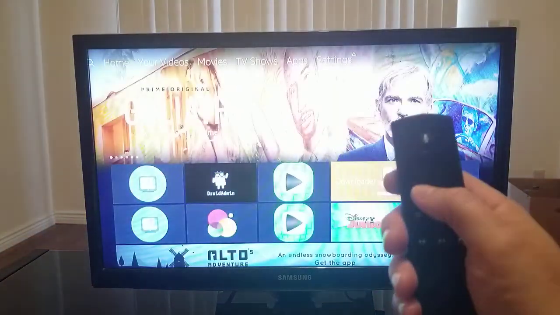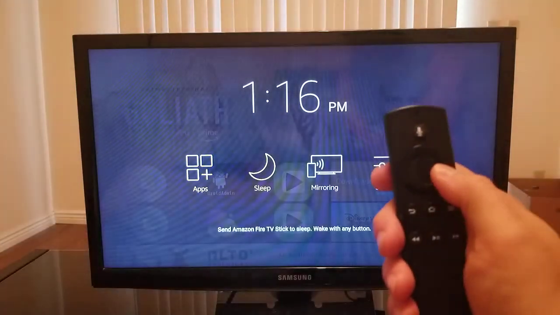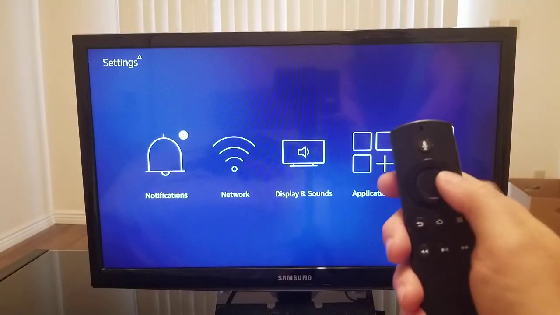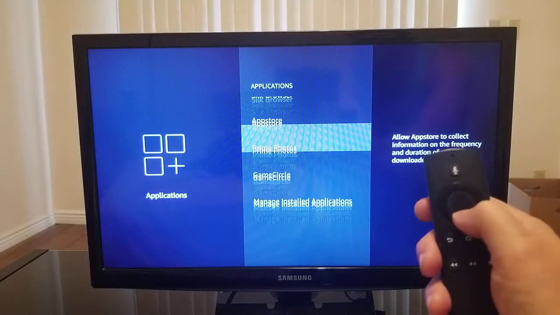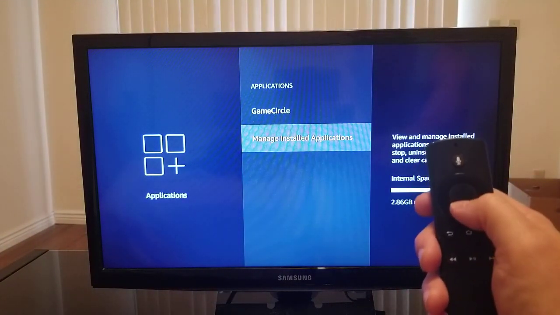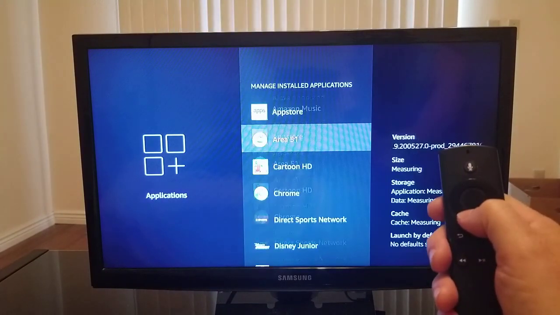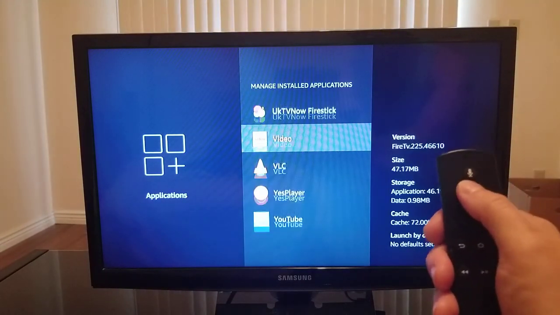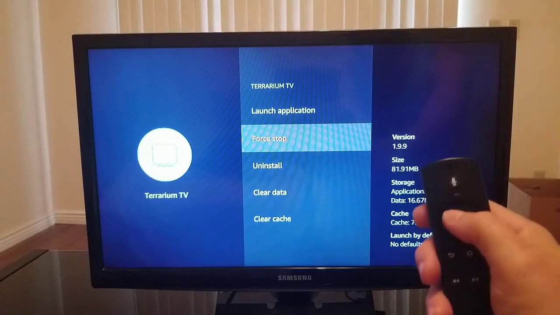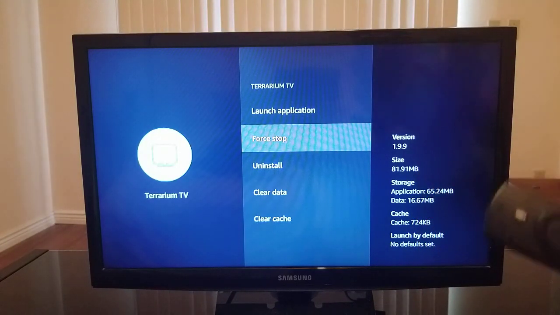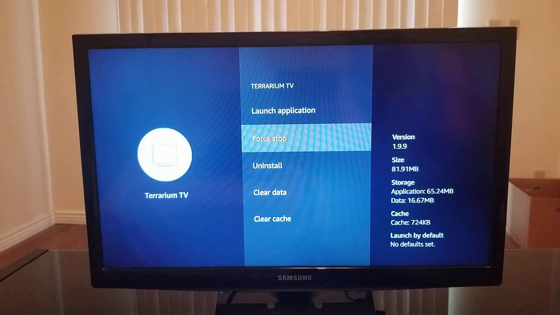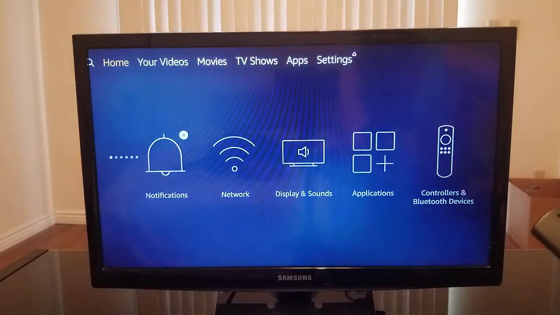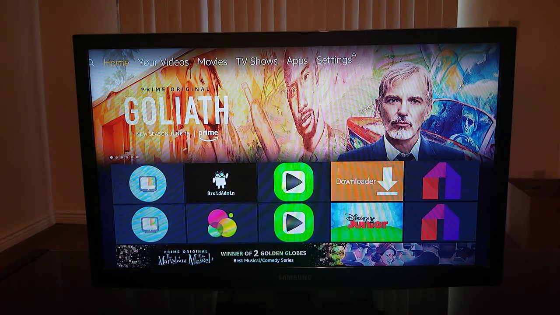Excuse me. No, you don't. You go to settings. Then you go down to applications, and then you go down to manage installed applications. You go down to TerrariumTV, and you go to force stop. Out of anything I've ever done with this app, if it's ever bogging up, just do a force stop, problem solved, okay? So that is how easy it is to go through Terrarium TV as far as watching a movie,